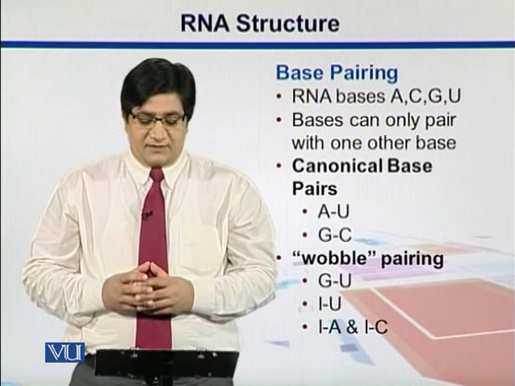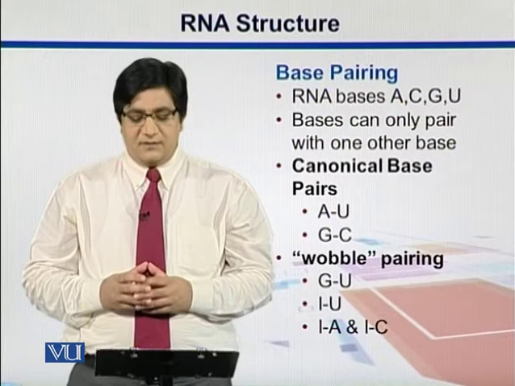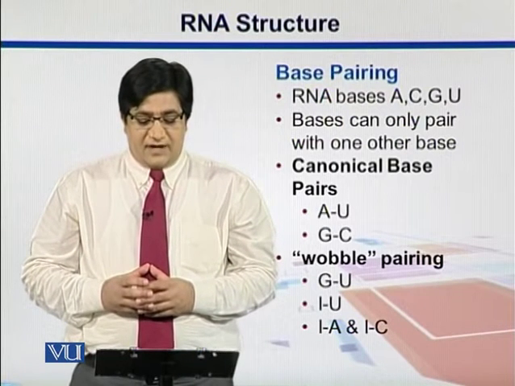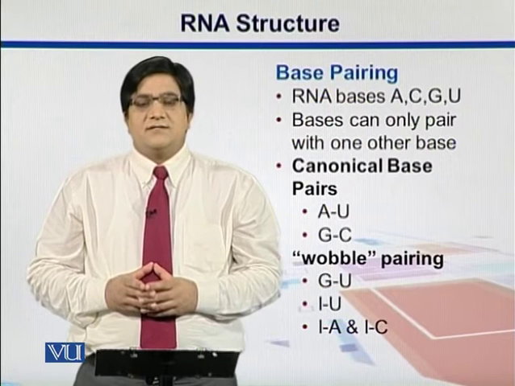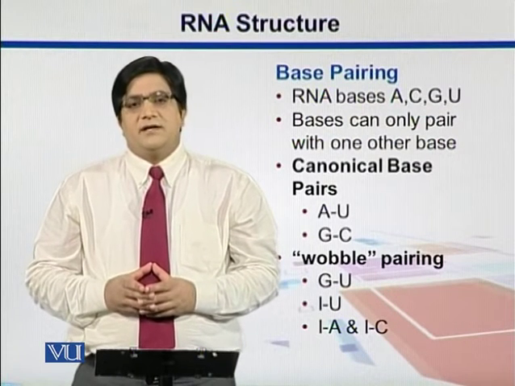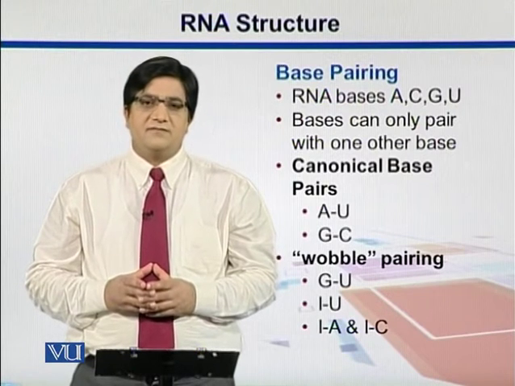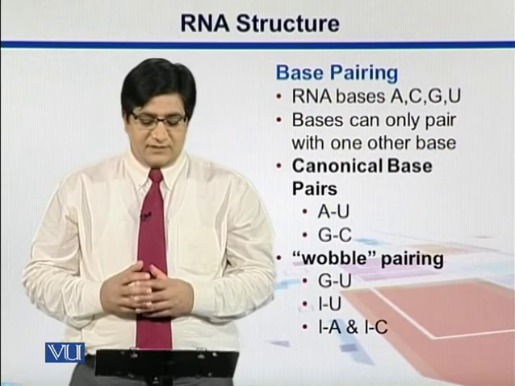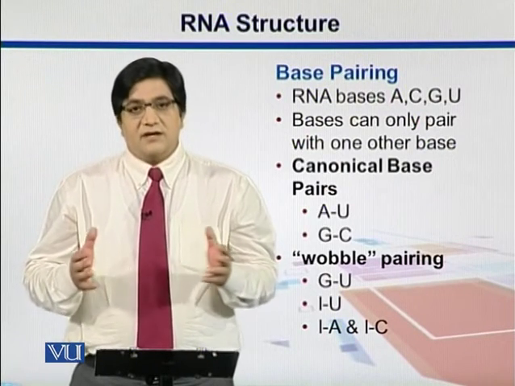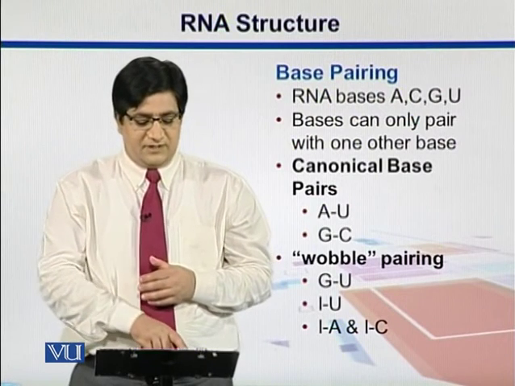So in addition to that, we observed some special base pairing in case of RNA. We call it wobble pairing, where G and U bind with one another. In addition to that, some special bases exist in RNA. We call them I's, which are actually derivatives of inosine. They are hypoxanthine molecules actually, which are derivatives of inosine. So these I's can also bind with U's. I can go with A, I can go with C. So these kinds of non-canonical base pairings, we call them wobble base pairings.